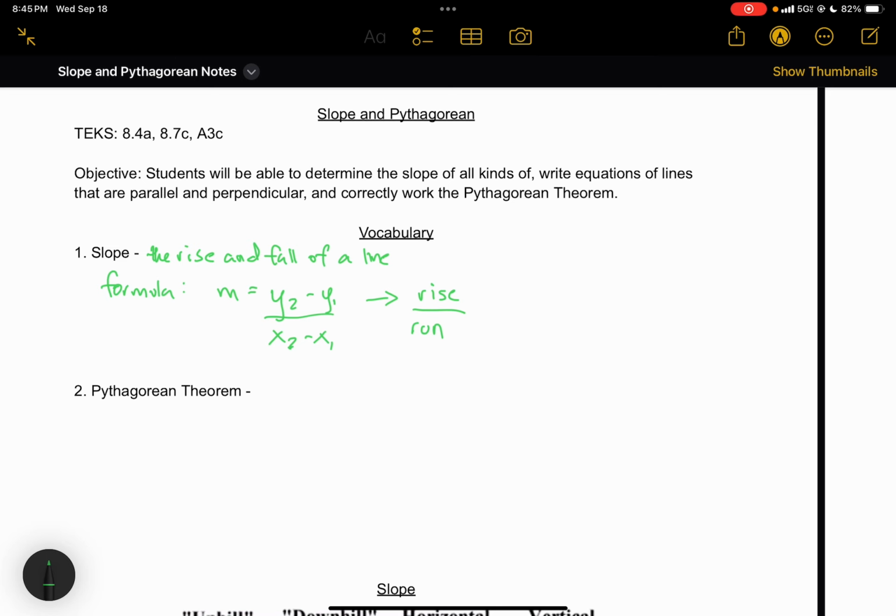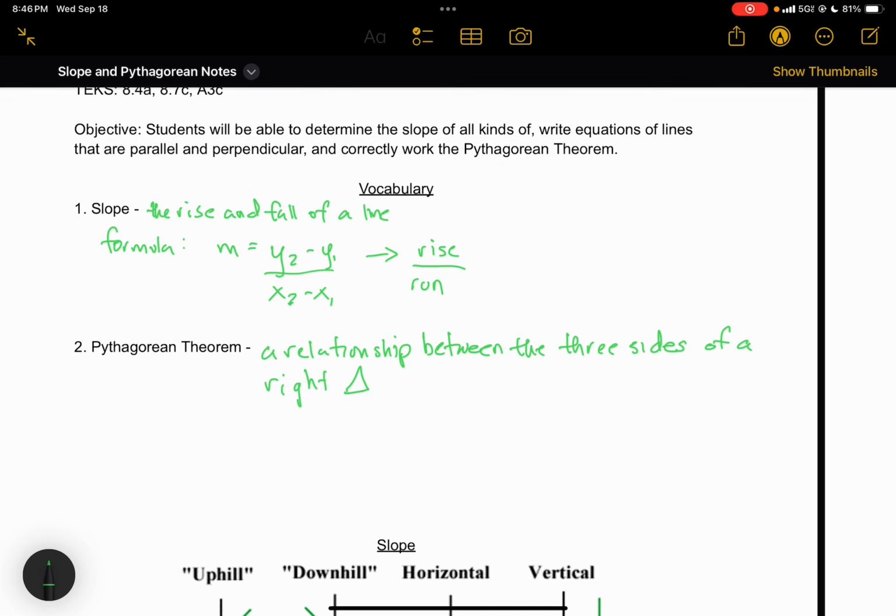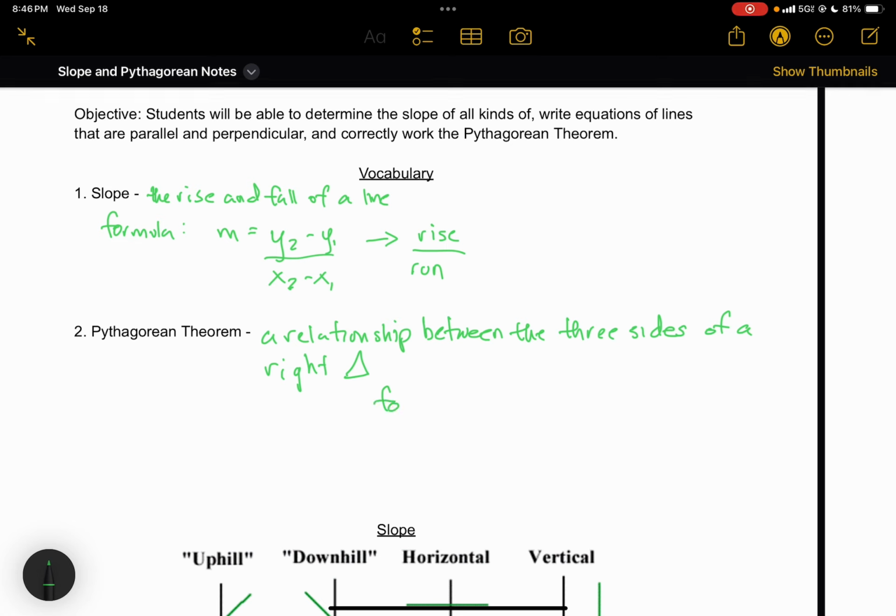All right, Pythagorean theorem. So this is a relationship between the three sides of a right triangle. All right, and the formula for this is going to be,